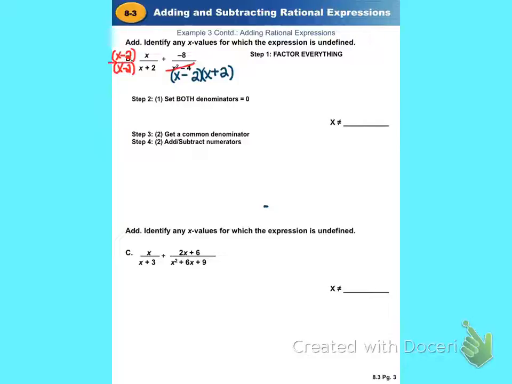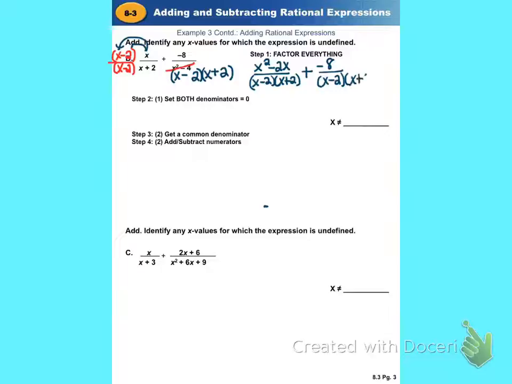If you do it to the top, you've got to do it to the bottom and vice versa. And so now I'm going to look at what that new numerator is going to be when I take that x and distribute it through. I have to distribute that x to both parts, and that makes it x squared minus 2x, over x minus 2, x plus 2. And then the other fraction is negative 8, over the same denominator,